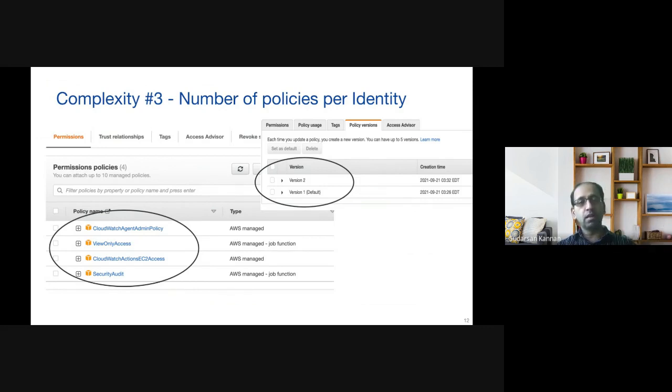What you see here in the slide is there are 4 policies for this user, right? Let's say one policy says allow Sudarshan to read, whereas the other policy says do not allow Sudarshan to read, right? Now you're going insane. What is my effective access? You don't know what the effective access is. This is the third level of complexity. Now, when you bring all these three together, can you tell me who can access what? I have absolutely no idea who can access what given these complexities. That's the problem that organizations are dealing with today when it comes to IAM in AWS specifically.